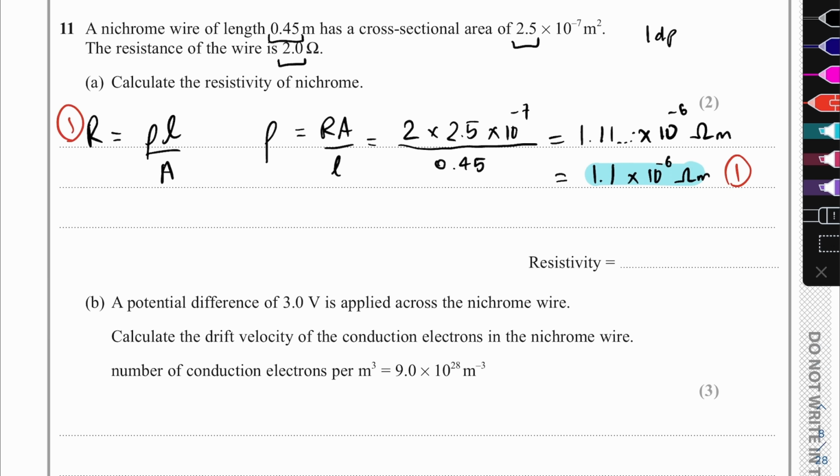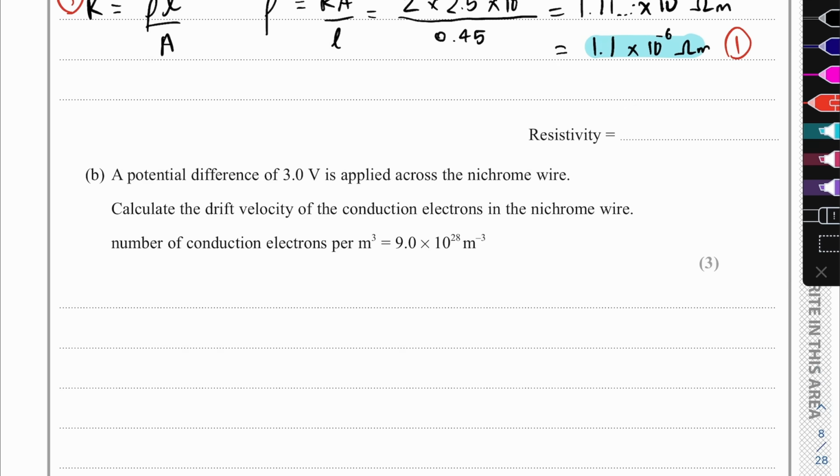So now we're in part B. A potential difference of 3 volts is applied across the nichrome wire. Calculate the drift velocity of the conduction electrons in the nichrome wire. The number of conduction electrons per meter cubed is 9 times 10 to the power of 28 meters to the power